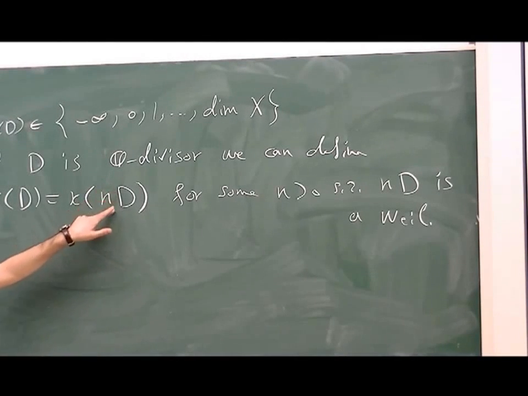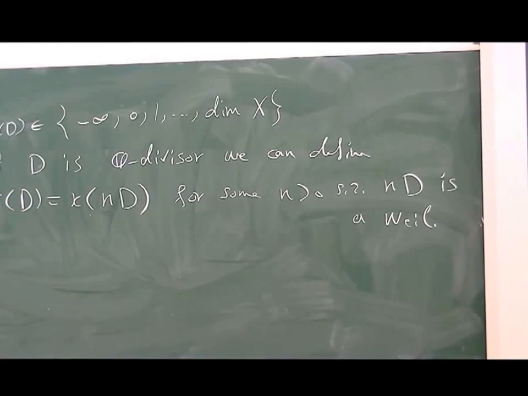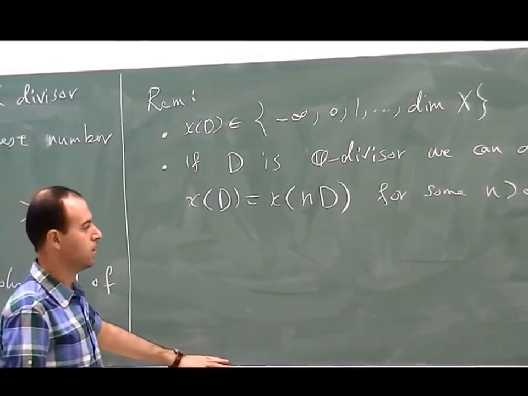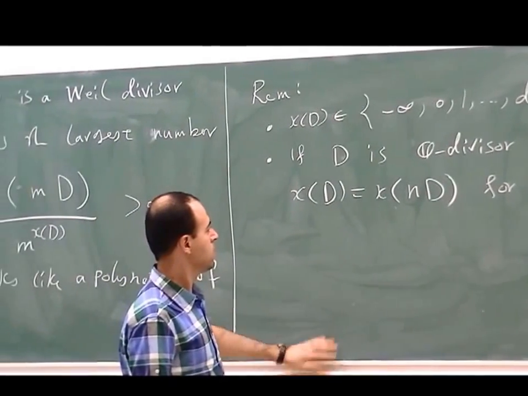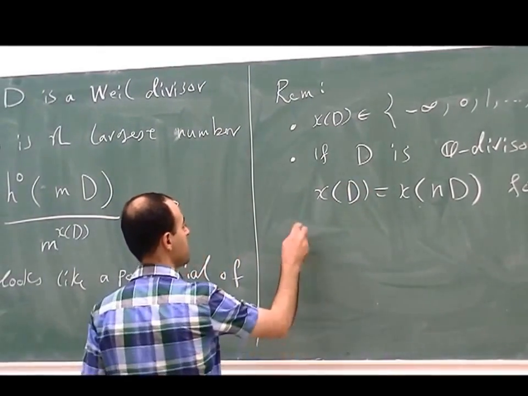But it doesn't matter what n you take, because the way I have defined it is asymptotic, so it doesn't really matter what n you take. So you can again define Kodaira dimension, and then